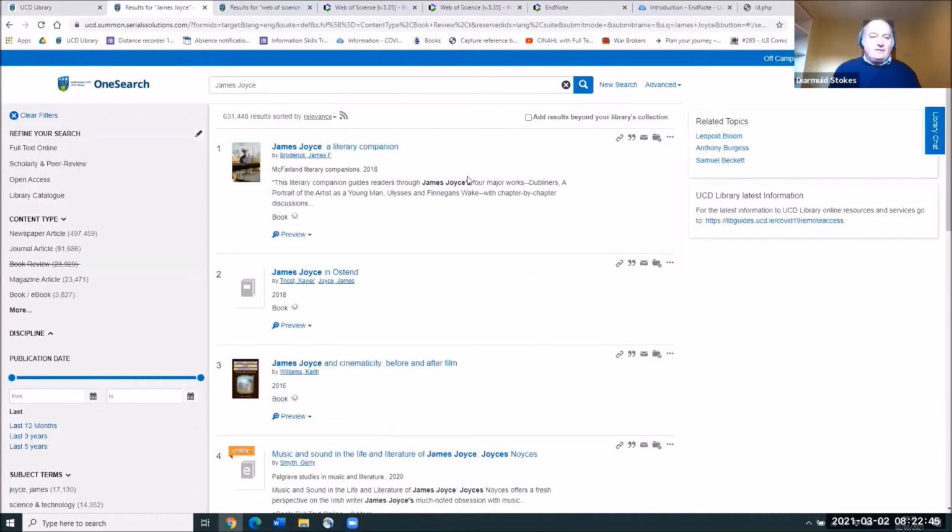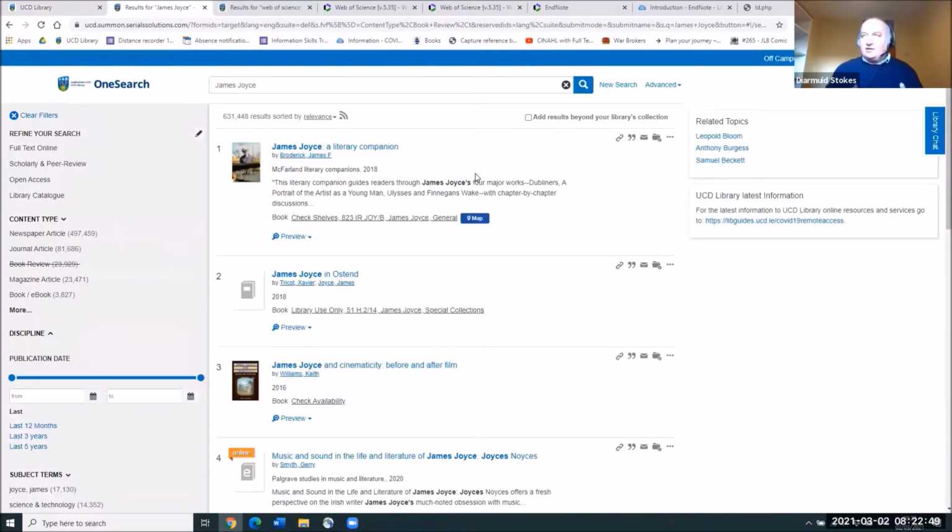And there we have loads of references for James Joyce. And to add any of these references to James Joyce, I need to look for this little icon which is there beside every reference. It looks like a little folder. If you mouse over it, it'll say save this item. If you click on it, it'll turn red,